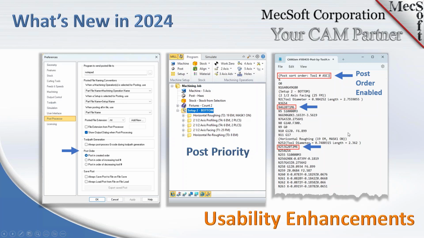And then if we look over to the right, when you actually post a machining job with the tool priority enabled, it'll alert you at the top and then actually post based on the T numbers, T1, T2, T3, etc. Here,